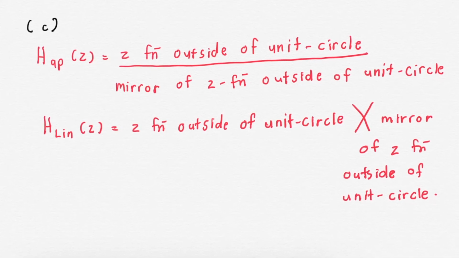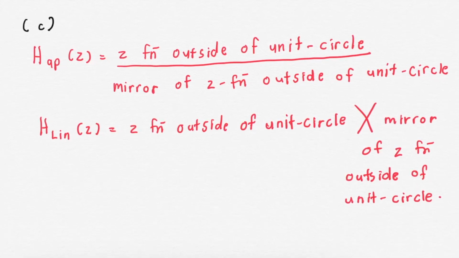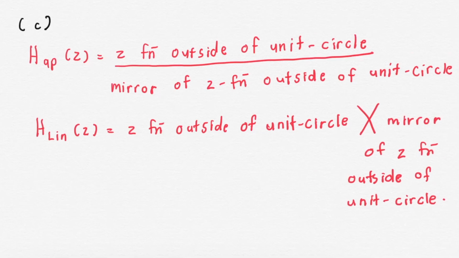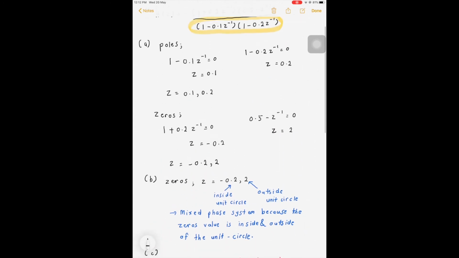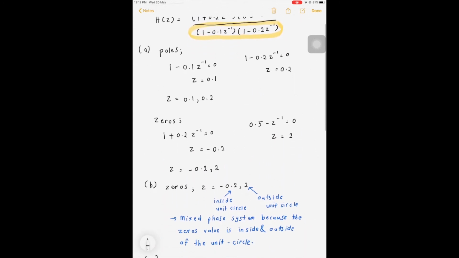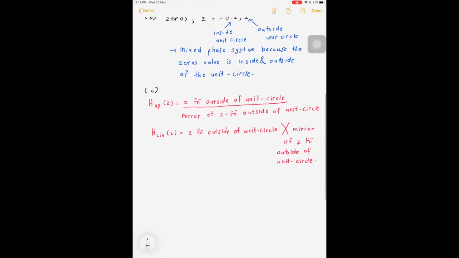So this is the general equation for H all-pass and H linear. For you to answer question C, you were asked to determine H minimum in cascade with H all-pass. So from the question we have this one, H(z) equal to